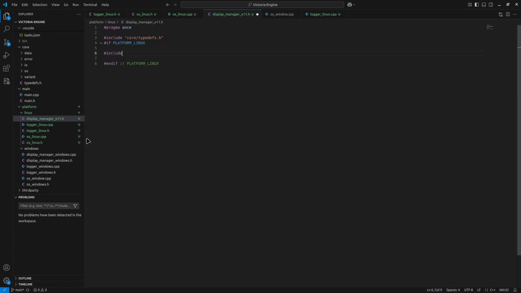And within here, we're going to want to include a couple things. Of course, we're going to want to include our OS display manager. And we're also going to want to include our data event class as well. And of course, you're going to want to include your X11 headers. So here we go, X11